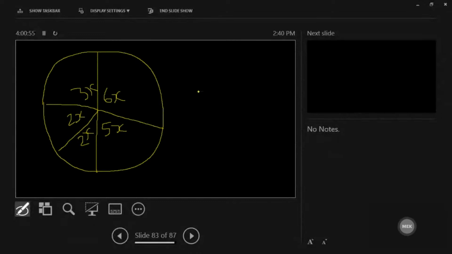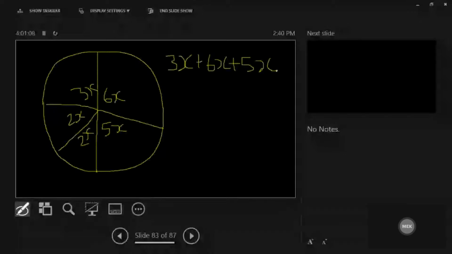Algebra is my favorite topic in math, and I think it just finds a way to cross over into everything, because you're always trying to find an unknown thing, and you can always represent that by a variable, and it's algebra that you're going into, right? So all of these go to add up to,